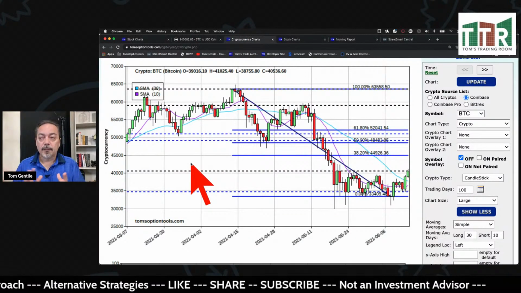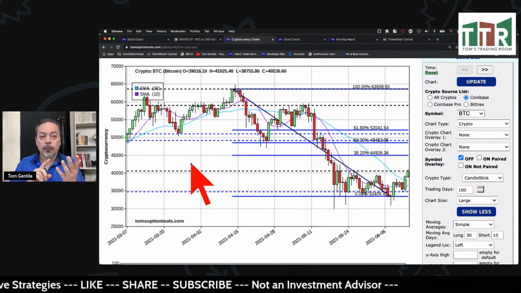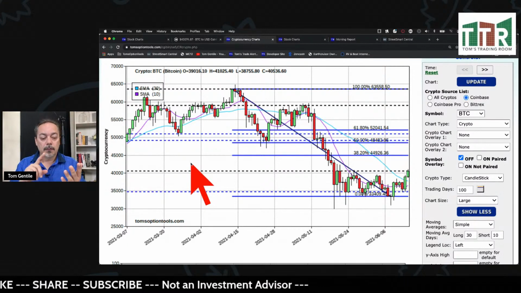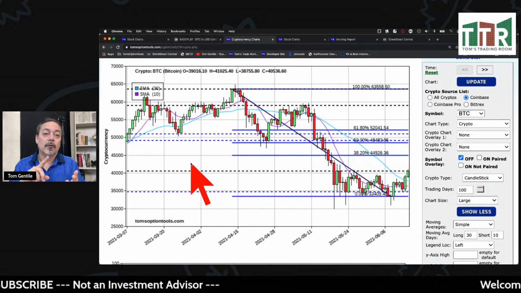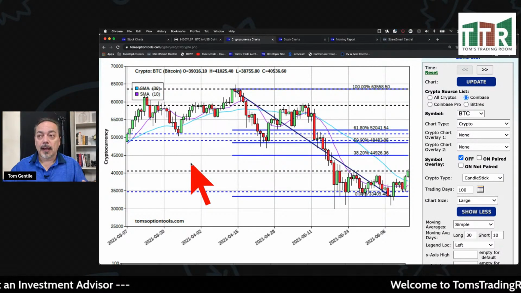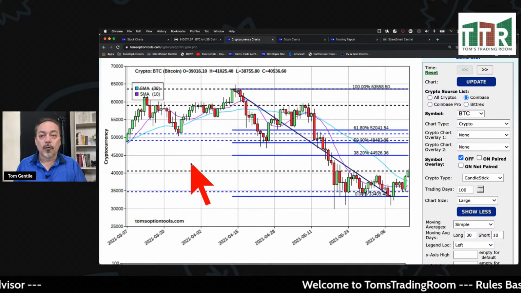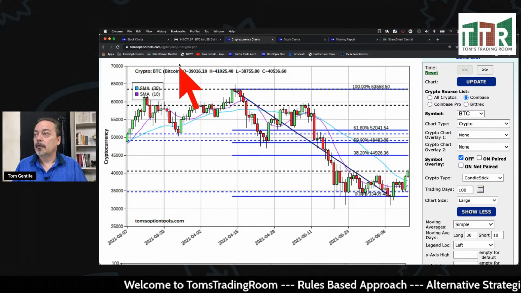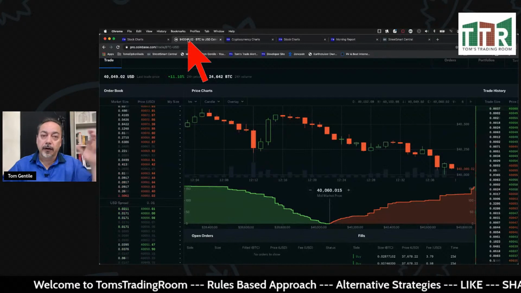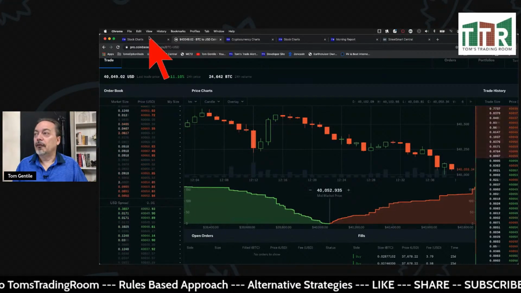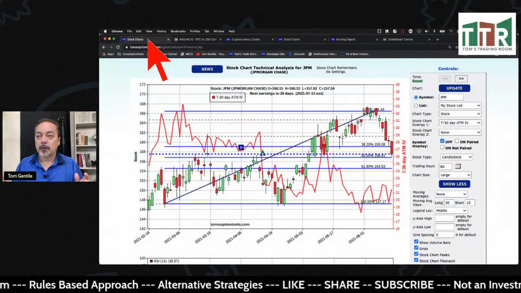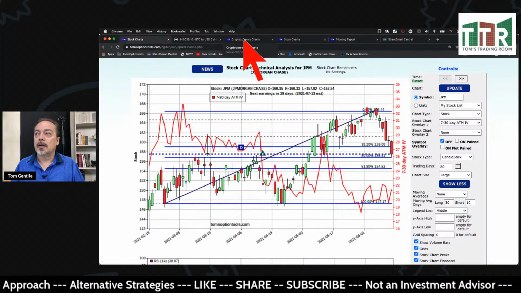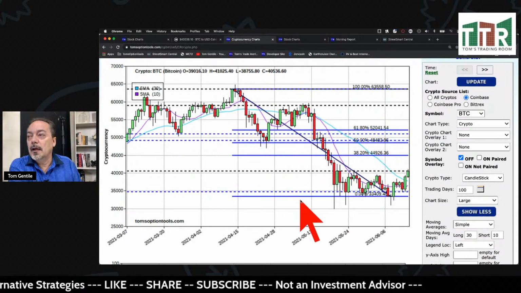And now I have the ability to look for patterns, backtest patterns, refine those patterns, and look at the markets more objectively, not subjectively. All right? This is subjection right here. This is objection when you're looking at objective markets. So if you take a look at crypto right now,